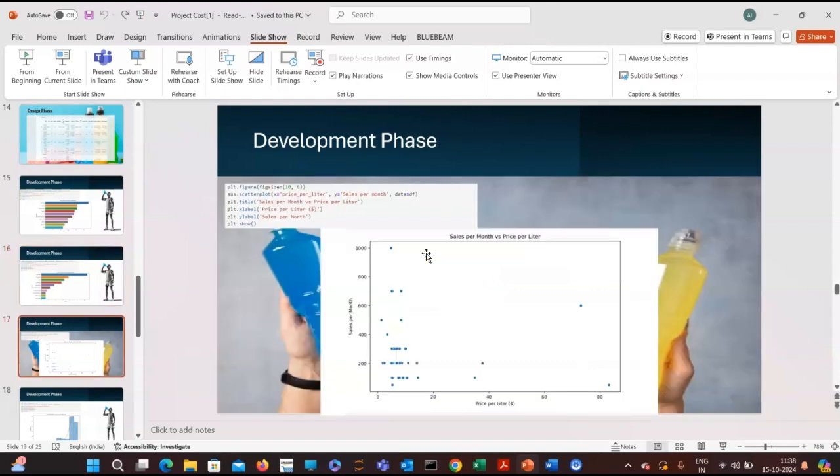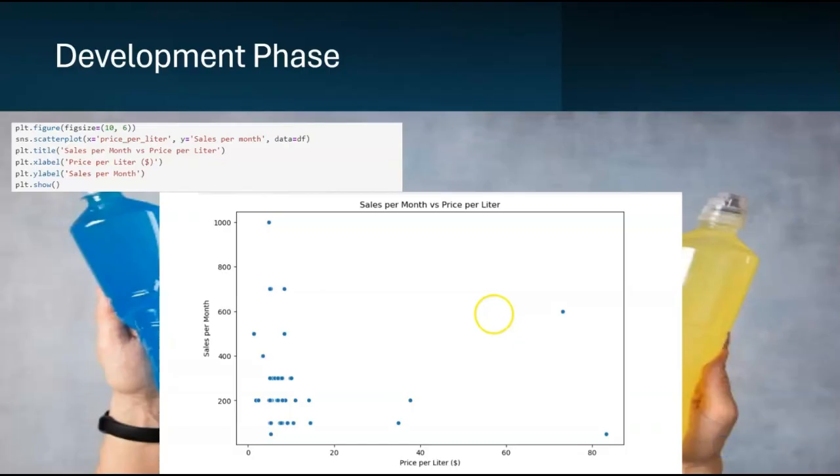And here is the other diagram, a scatter plot showing the price per liter against sales per month. We made this scatter plot to understand where most of the sales take place and at what price range. It is found that most of the products fall between $0 and $20, so the competition among drinks takes place at a lower price.